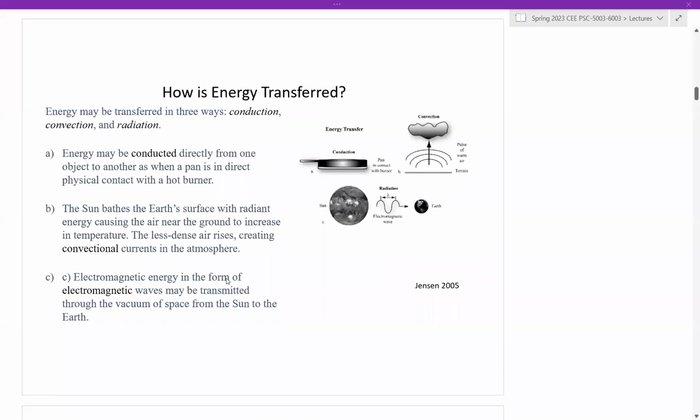So energy is present in our universe in three forms. One is by conduction, when you put a pan over a burner and the burner heats up, and by contact, it warms up. The other is by convection, where the energy from the sun warms up an object, and that object starts displacing or moving, like hot air warmed by the sun moves to a higher elevation, causing movement of